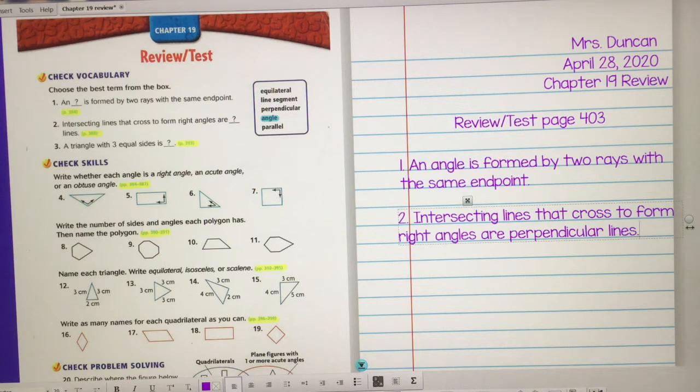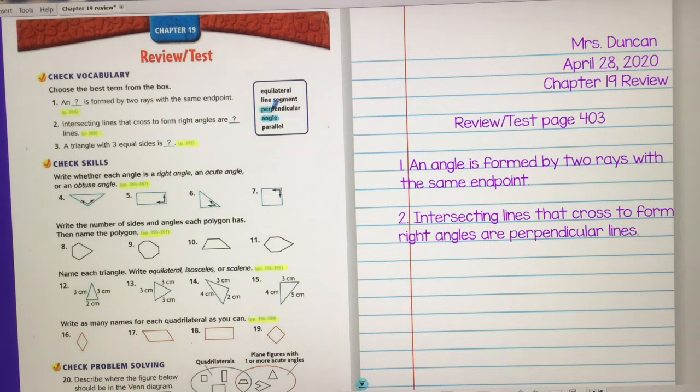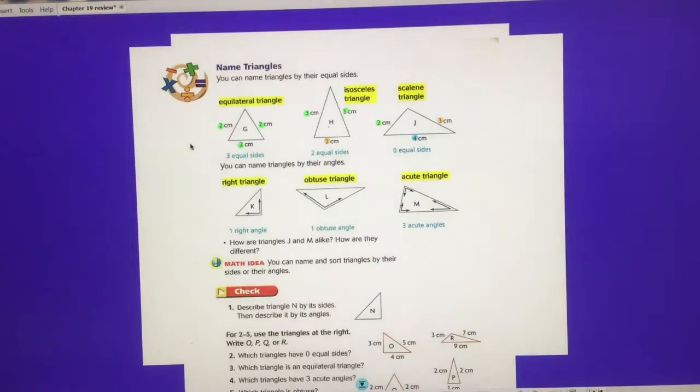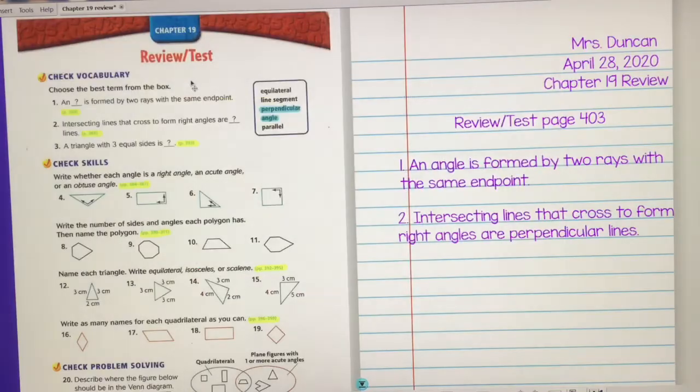Okay, then number 3 is talking about a triangle with 3 equal sides. I should probably go back up here and cross off that I used perpendicular. So a triangle with 3 equal sides. It's either equilateral, line segment, or parallel. Let's go ahead to page 393. And I have equilateral, isosceles, and scalene. And I can see an equilateral has 3 equal sides. So number 3